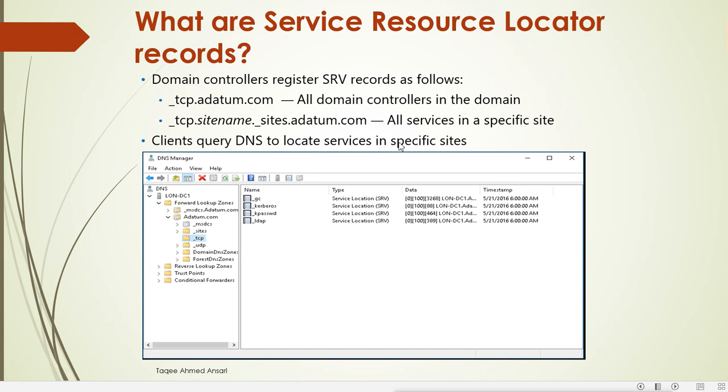These service records are very important for the domain, because they locate all the services of Active Directory from the DNS. If any client wants to get the services, it will get the information from the DNS. That is why DNS is very tightly integrated with Active Directory in a Microsoft environment. So we need DNS services if we want to install Active Directory services. Active Directory creates all the resource records related to the domain in the DNS servers, and those records are called SRV records. SRV means service location records.